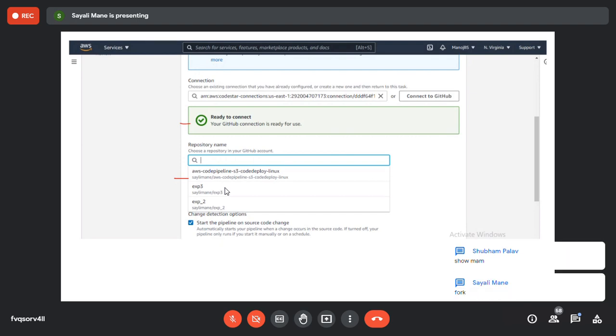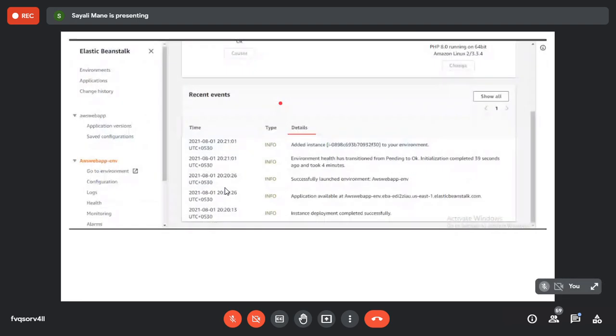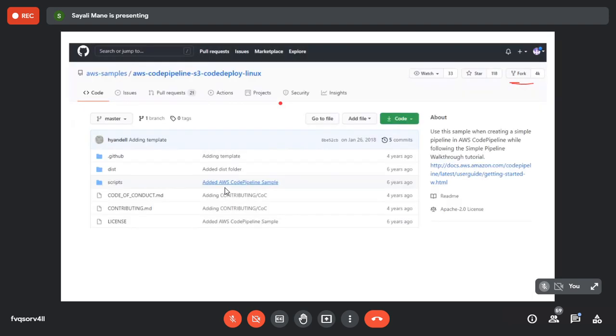Fork button. Okay, wait a minute. Let me go back. See here, this one, fork button. Here on the right hand side, top, the fork button is there.